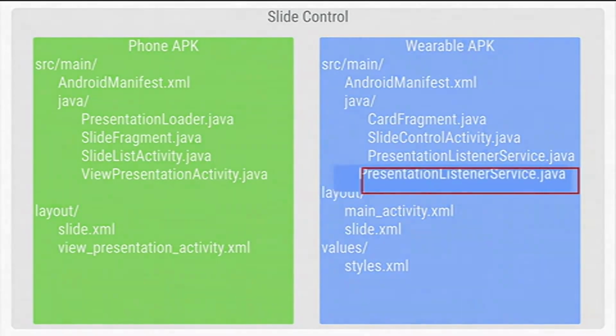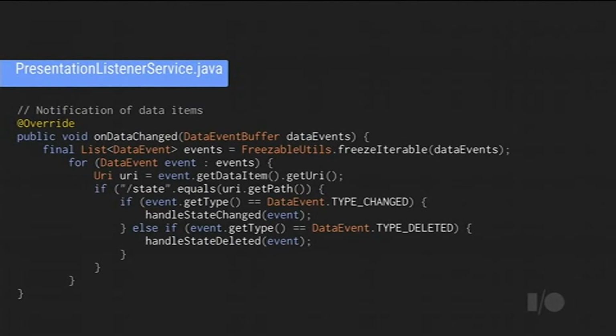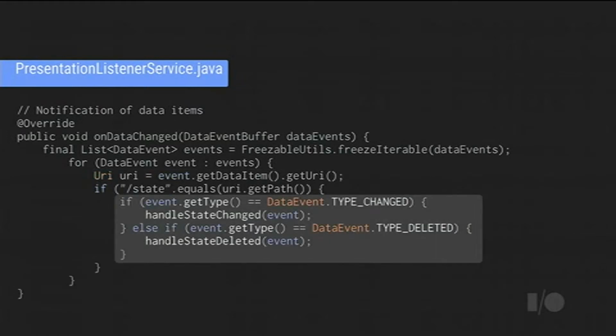And you'll see that the data listener interface has one method, onDataChanged. When I get that, I'm going to check the path because there may be multiple messages in my application. And I want to make sure I'm doing the right thing with the right data item. So if the state, remember we set this up as the state, is the data item's path, then I'm going to either create or update the notification if it's just being changed. And if it's being deleted, I want to remove that notification from the stream because it's no longer relevant to the user.